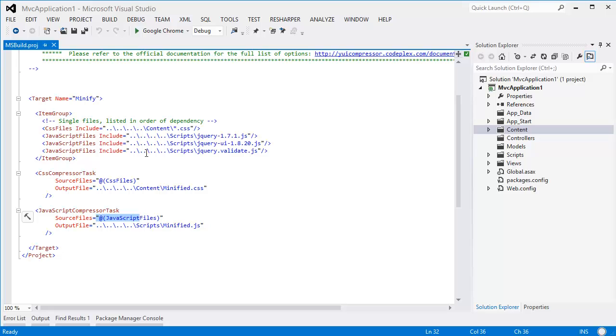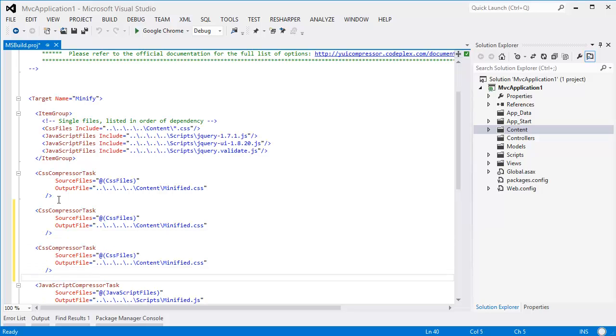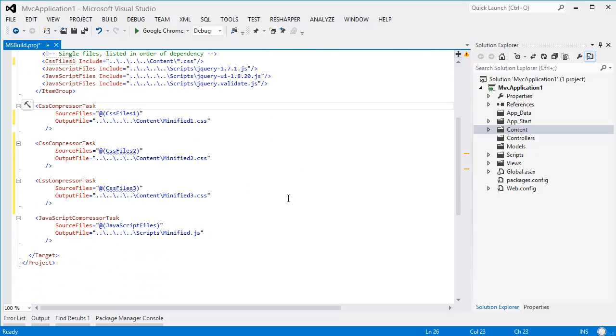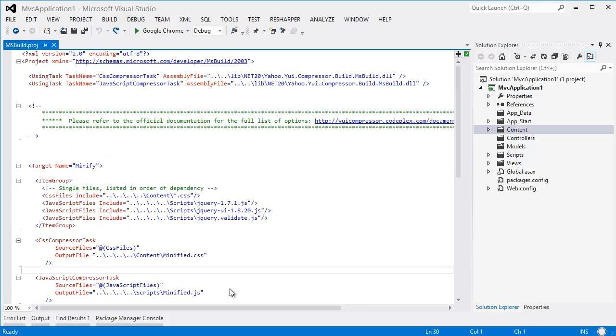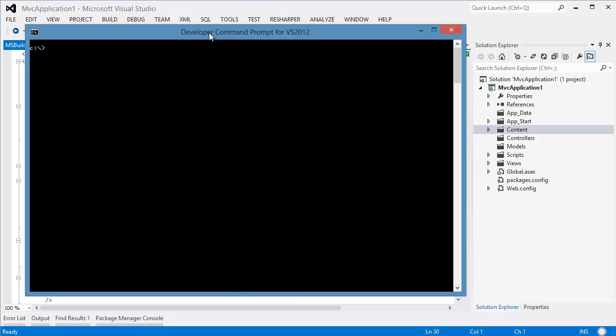So here I've got a few files that I wanted to do. That's just normal MSBuild stuff. Do take note of where they exist. It's relative once more to msbuild.proj. Now we can create a few more tasks if we need. We don't have to just have one. I'm not going to get into the technicals of MSBuild, but don't forget, if you wanted to have one file source and the output is one file, which is what I'm doing here, you definitely can do that. But here I've got one CSS file and 3 JavaScript files, and I'm going to build them and minify them together. So let's open up the developer command prompt, not the normal one, but the VS one,